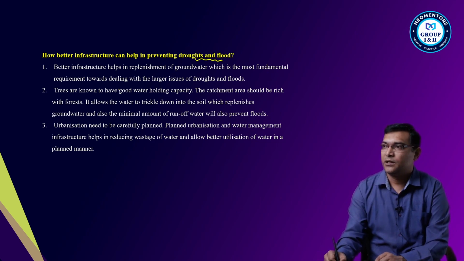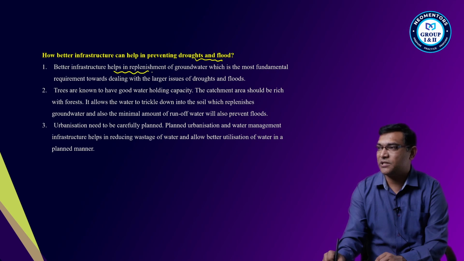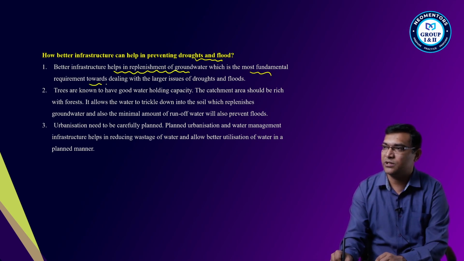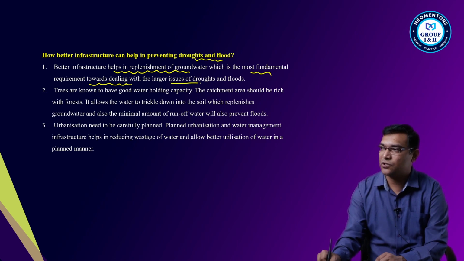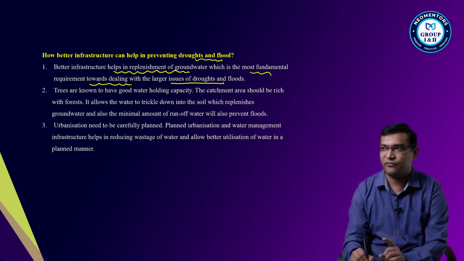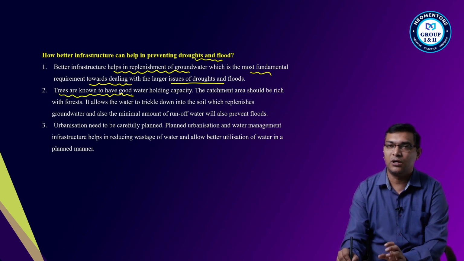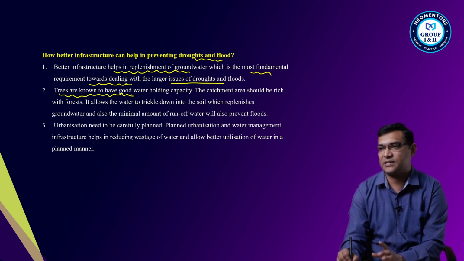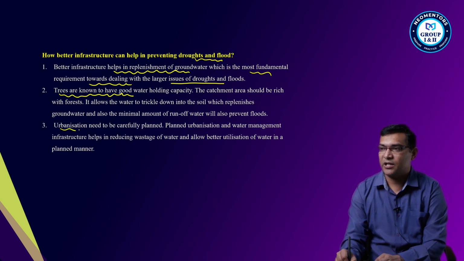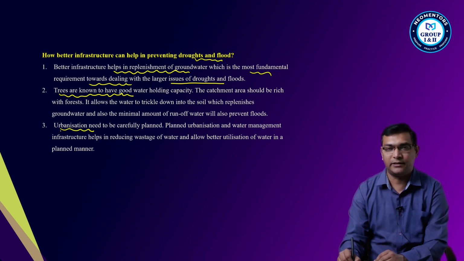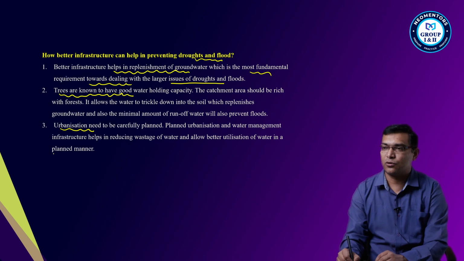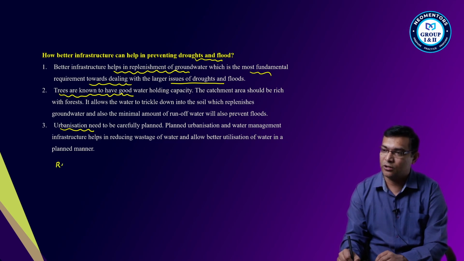Like replenishing of groundwater, which is the most fundamental requirement towards dealing with the large issues of droughts and floods. Right, first thing. Second, trees, afforestation, which have good water holding capacity. Then urbanization needs to be carefully planned, right? And also regulations or